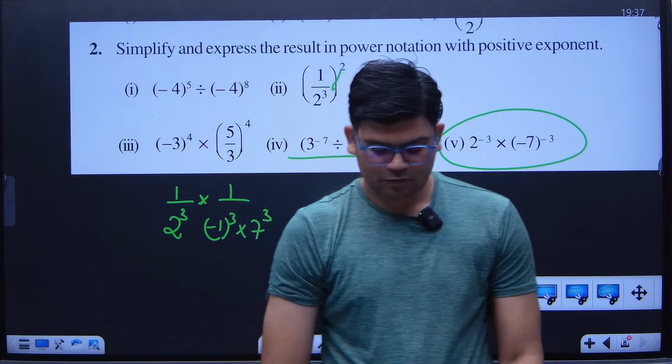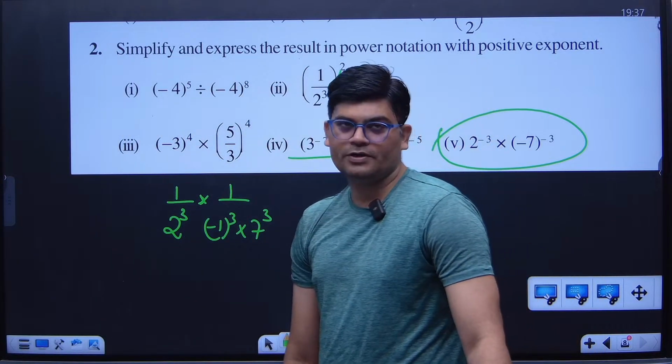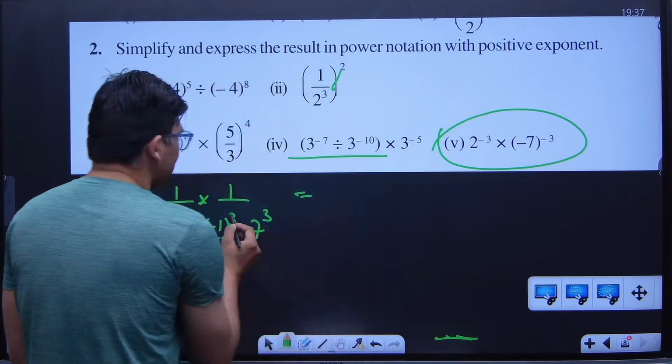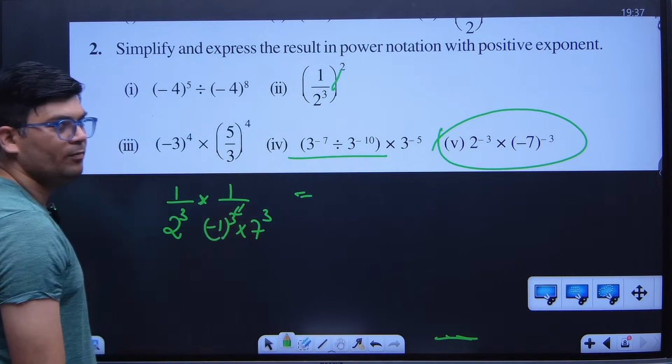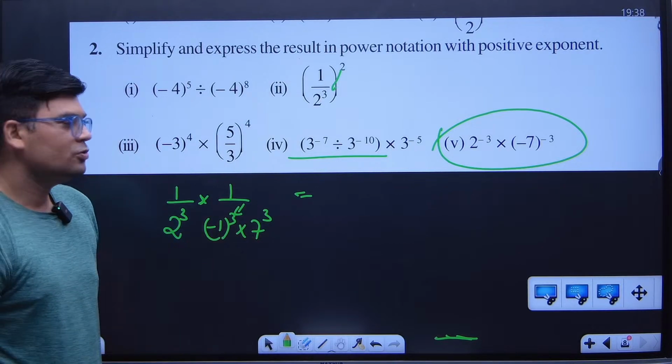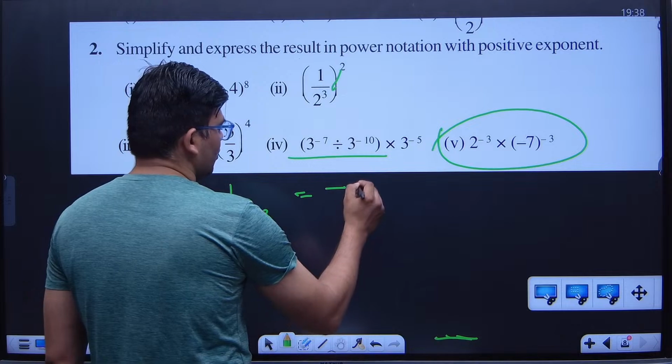Now what you will do? Minus 1 raised to an odd power is always going to be negative. The number is an odd number, so minus 1 raised to the power odd number is minus. So the final answer will be minus 1 by